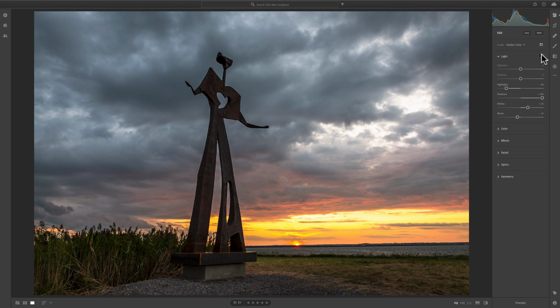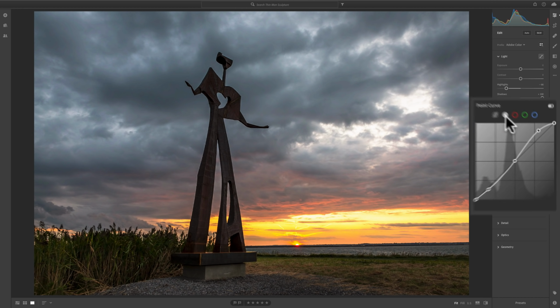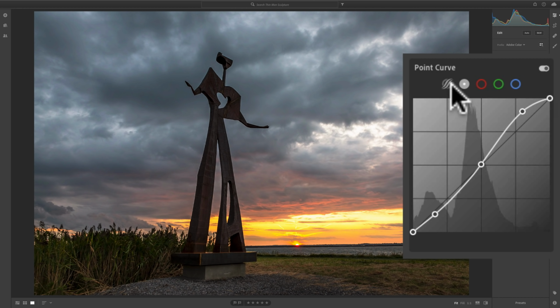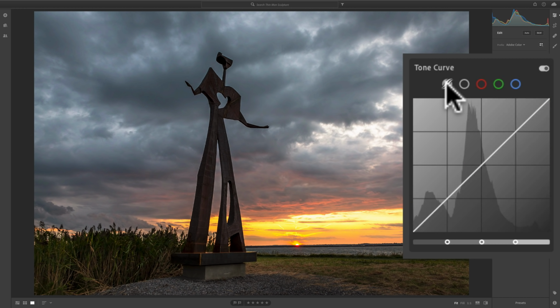So what I'll do is I'll go back to the tone curve, and there are different tone curves here. We have the point curve, and then if you hover over this right here, it's the, I always forget, the parametric curve. I always forget that word for some reason. And with this, I could come in here with these sliders and move them about to better affect the section I want to affect. For example, I want to come in here and do that,